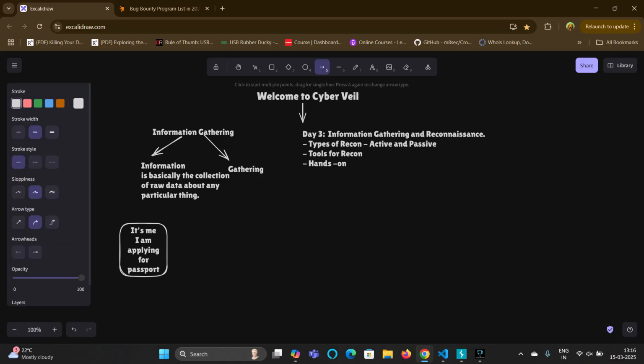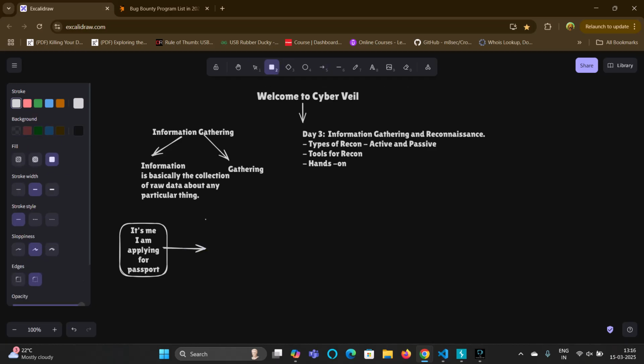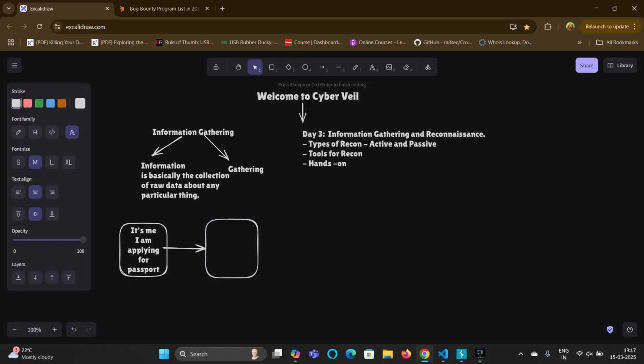When I have to apply for a passport, I'll go to a particular site. As I'm a new person who has never applied and is applying for a fresh passport, and I don't have any prior information about how to apply and what to do, I have to go through this particular procedure. So firstly, what I'll do is collect all the information